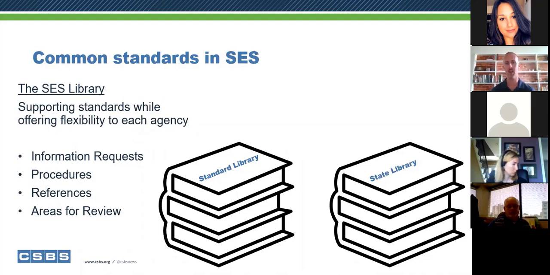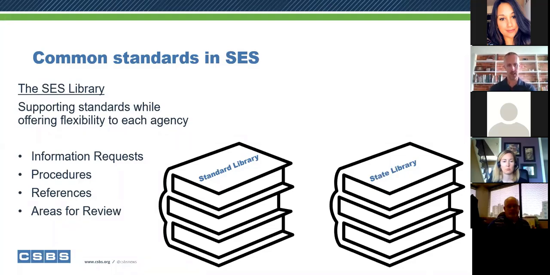Areas for review are nothing more than just a topic on the exam or a concept on the exam. An example of an area for review would be compliance with internal routines and controls, or asset quality, or financial condition, or appraisal review. Those are just topics that one might review in the examination.